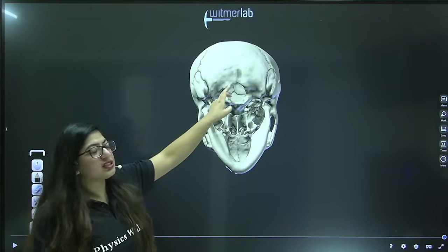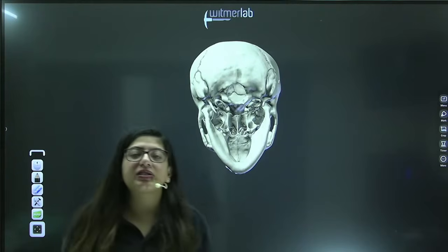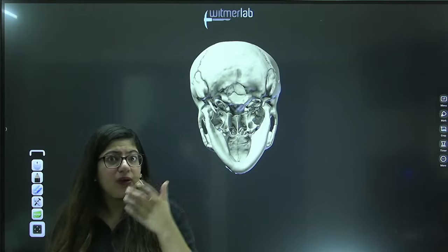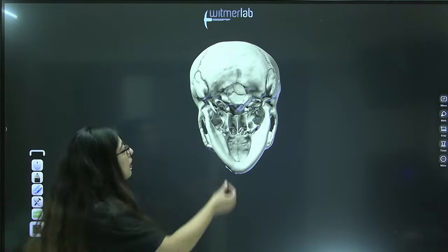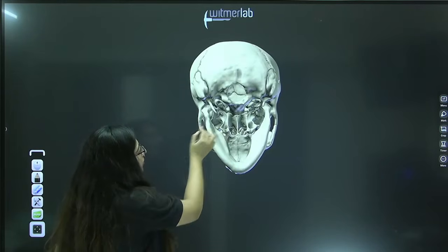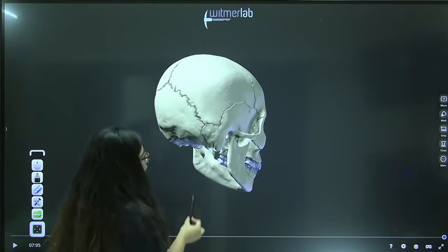This one is known as foramen magnum. From here, the spinal cord comes out, right? The brain is attached with the spinal cord. Medulla is the last part of your brain. It elongates to form the spinal cord. So the spinal cord comes out from this portion like this. This is the skull. So this is how the spinal cord will come down from this portion.